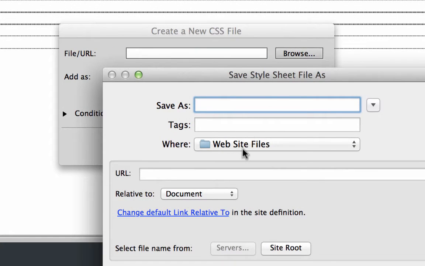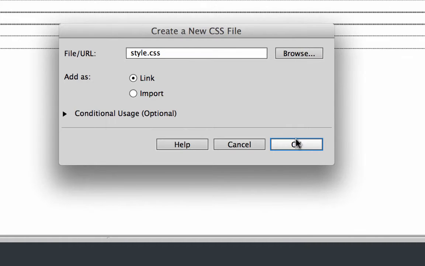I want to make sure that it is in my website root, and as I said in the previous video, if you're not in this folder, you can just click site root to automatically get there. And then I click OK.